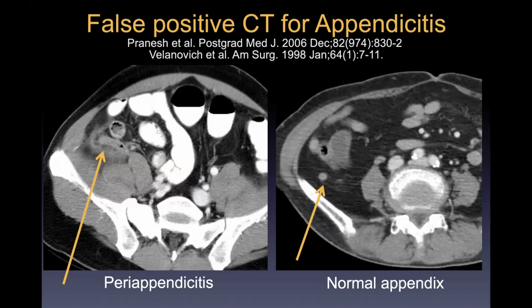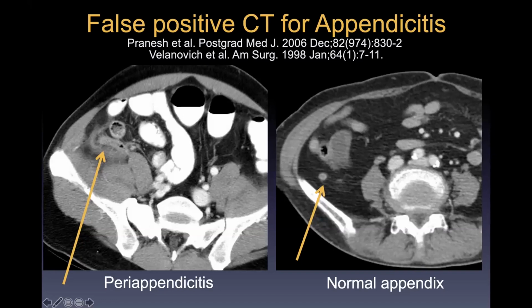Here are two such examples. I want to look at this one first, labeled normal appendix. So this was a case where we called early appendicitis, went to the OR, it was normal. I think probably these are just little vessels in the mesentery and somebody mistook it for fat stranding, just an overcall, an overcall of appendicitis.